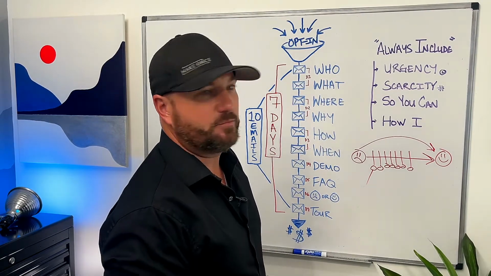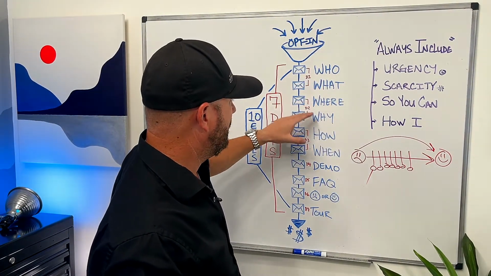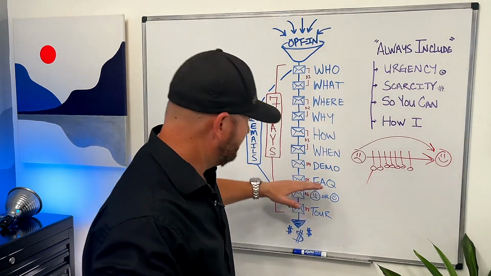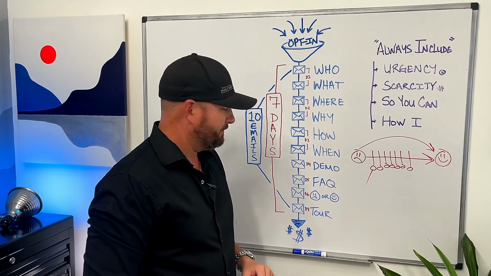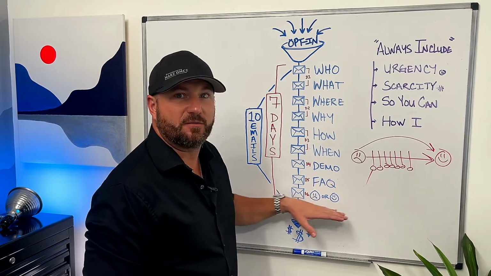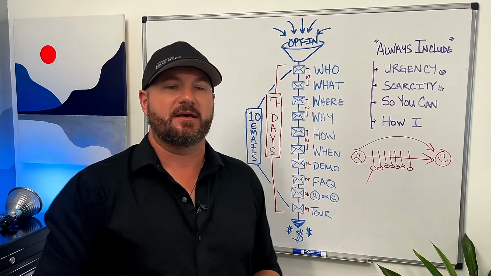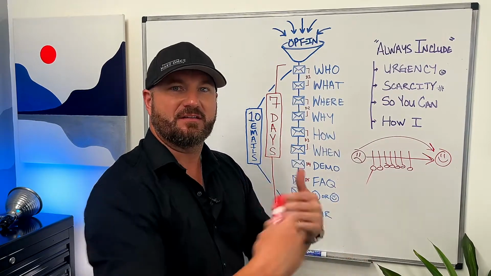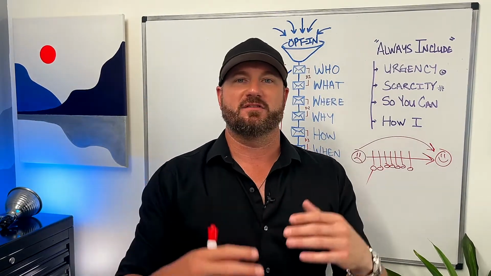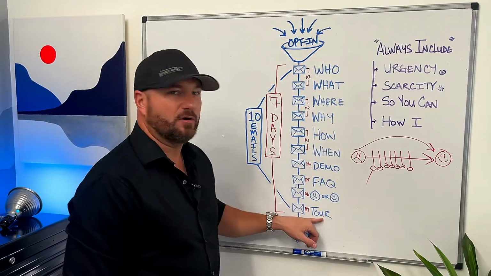All I do know is people, before they buy something, they want to know who, what, where, why, how, when. They'd like to see how it works. They'd get some frequently asked questions answered. They'd like to know how you feel about this and what the points are against out there, like comparing, kind of like Apple and PC, they do this. They compare points and topics against each other so that you can contrast the two and say, oh, well, I want this, I don't want that, etc. And then a tour through the product.